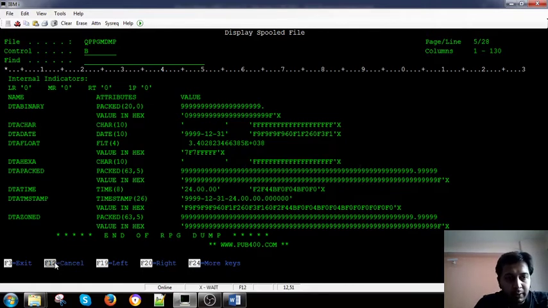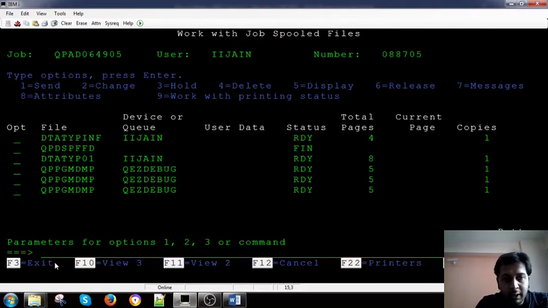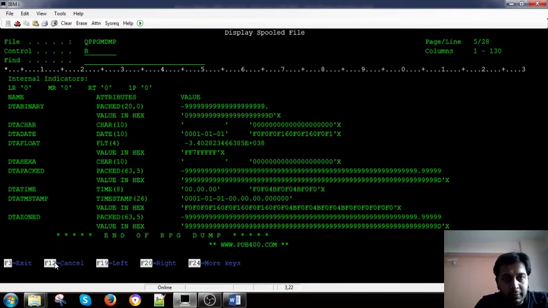So this is something what you get when you declare star high value, and here again the difference would be that you can see the negative sign for the binary, and initially there was a positive sign. In hexadecimal you can see D. So D represents the negative sign here, right? And this is again the floating point, the maximum negative side for the floating point value. This is the date value, right?